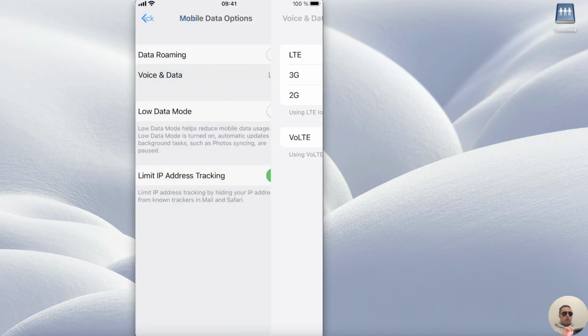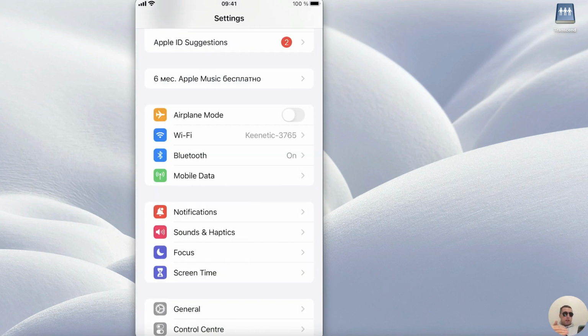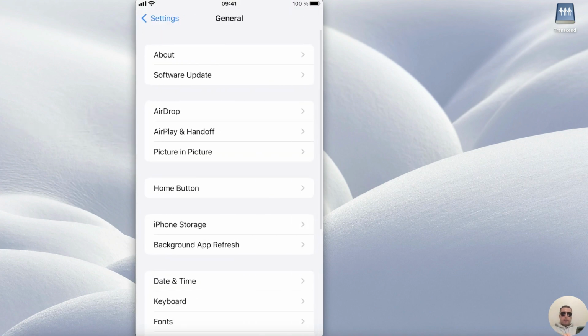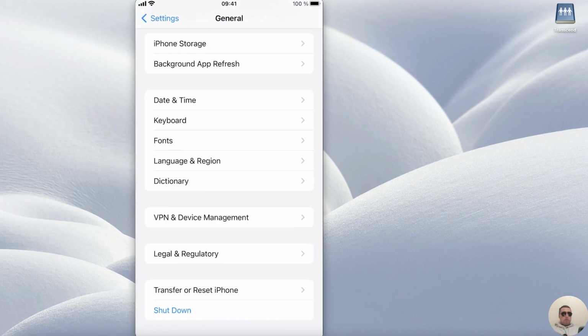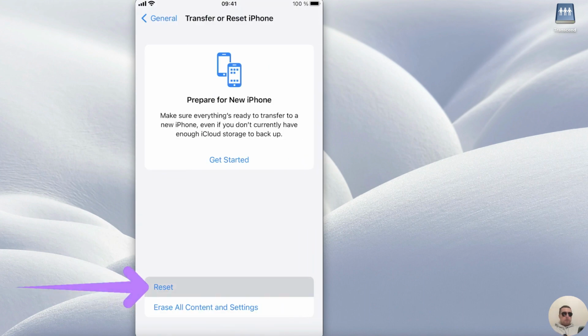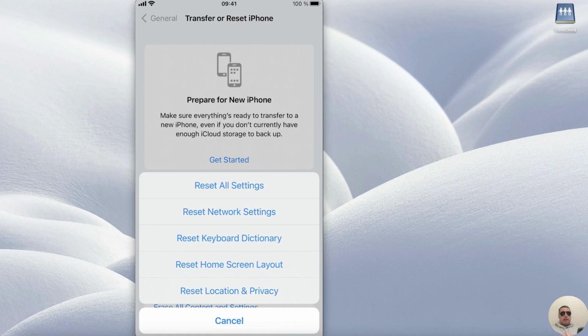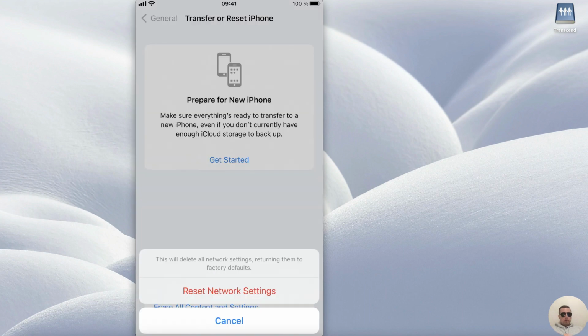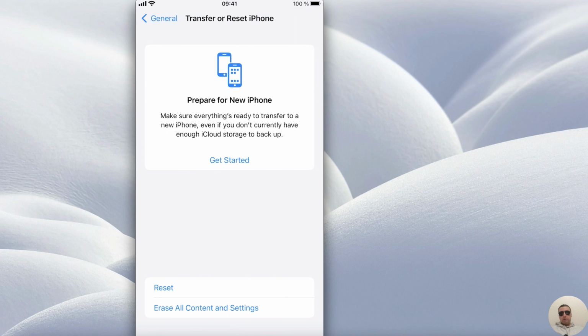data. Back to the settings, and in the settings find General. Click General Settings, then swipe down, and here tap Transfer or Reset iPhone. Then click Reset, and here choose Reset Network Settings. Click Reset Network Settings, then enter your passcode, confirm that you want to reset network settings, and after that your